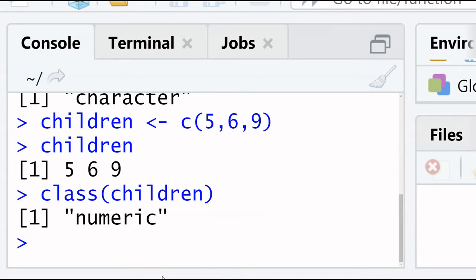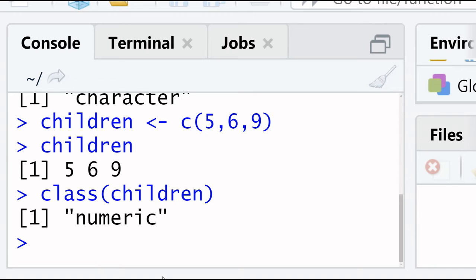In my previous video on numeric, I explained that when you put data into R, it is saved by default in numeric form. So as you see, we have the data of children 5, 6, 9, and it is in numeric form, which is by default how R stores data.